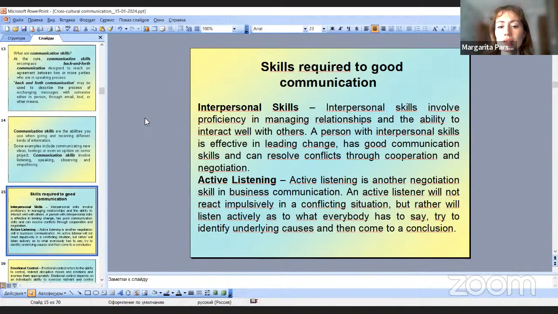It means that we calmly listen to what the other person is trying to say, to express, to identify, their underlying causes, the matter he is speaking about. And then to come to a conclusion, of course, listening to every person in this communication process,